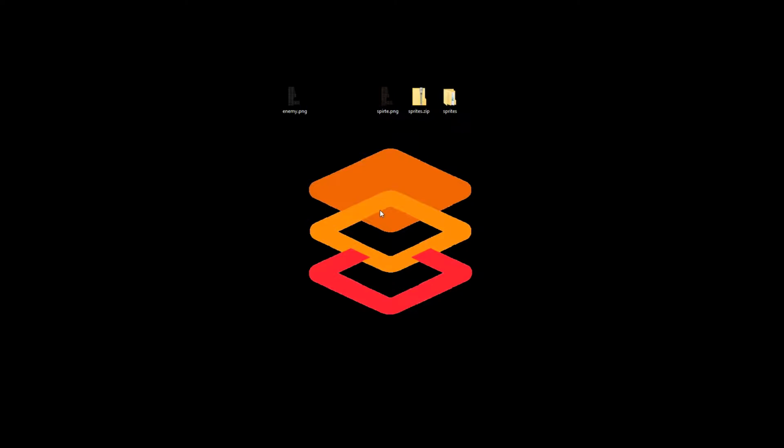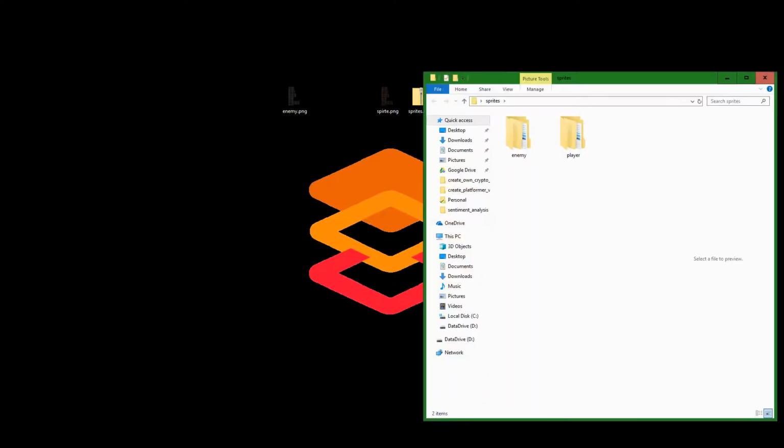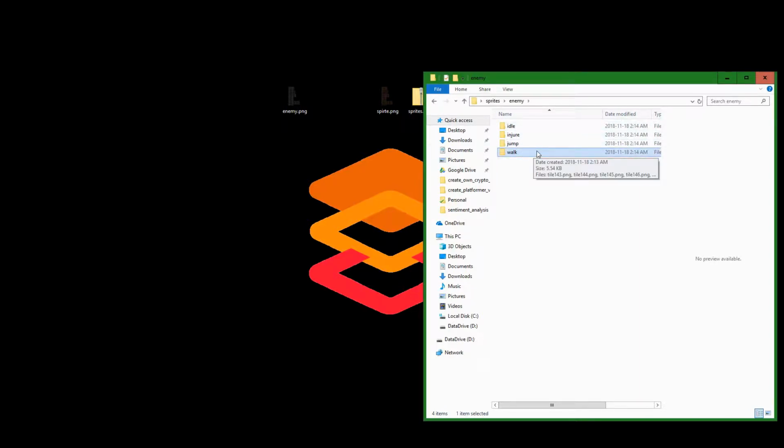Alright, so we've repeated the process for the enemy. Just to open the folder to show you briefly, we've got a folder for enemy with the animations. Now, I did make all four, although for the enemy we only really need one, which is the walk animation. So when you're doing this yourself, don't worry about doing the other three. This is for future videos with continuing this game further, but we'll only need the walk, and I'll show you